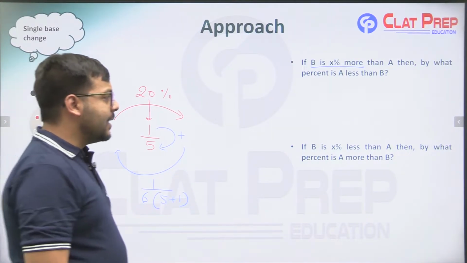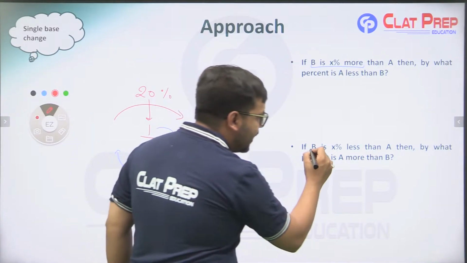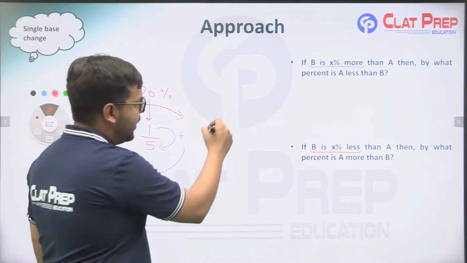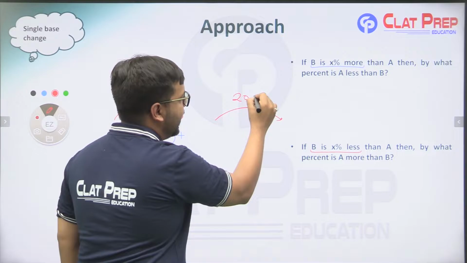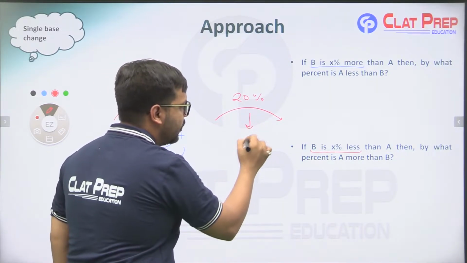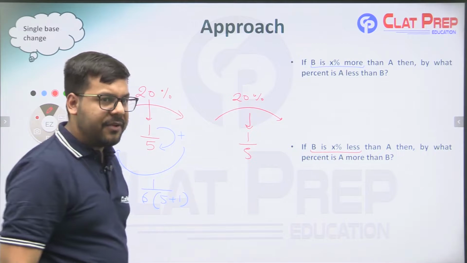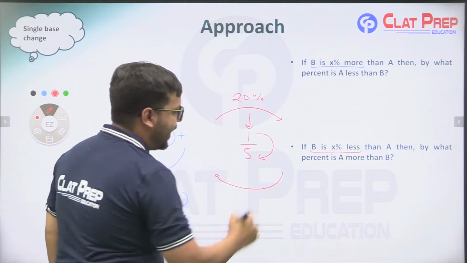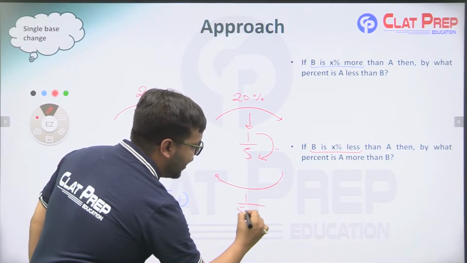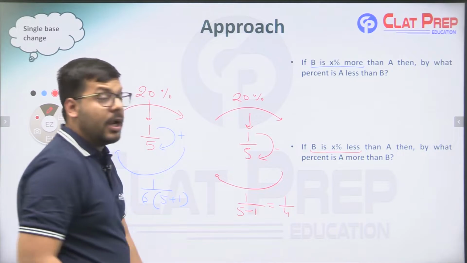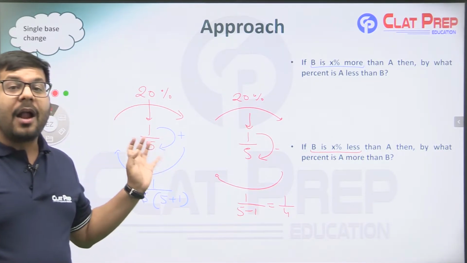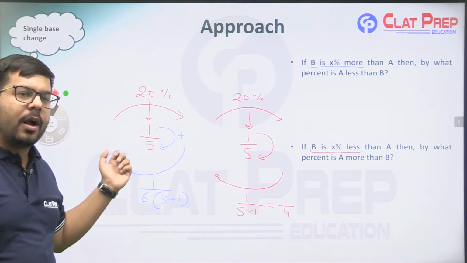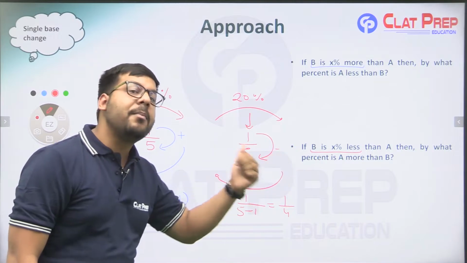And in the second scenario, where it said that B is X% less than A, let's take the same example. Say suppose I'm saying that it is 20% less than A, so I'll change it to its fractional form, that is 1 by 5, and my answer will be denominator minus the numerator, that is 1 by 5 minus 1, which is nothing but 1 by 4, which we just calculated earlier by taking 100 as an example: first increasing 100 by 20%, that was 120, and then back to 100, or decreasing it by 20%, that was 80, and back to 100, right?